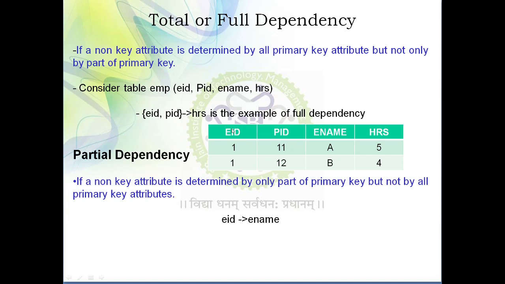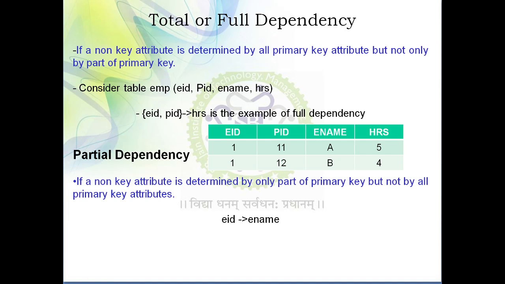Can we take a combination of employee ID and project ID? Then it is a unique value. Yes, 111, 112. Though the value of employee ID is repeated, the combination of employee ID and project ID is not repeated. So I can say it is a primary key for the employee table.